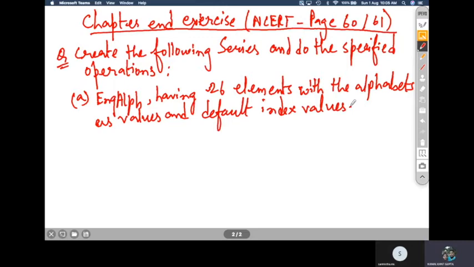So you have to name a series English alphabet, having 26 elements, where each element is one alphabet, and the index will be the default index 0 to 25. You have to use the default index values.